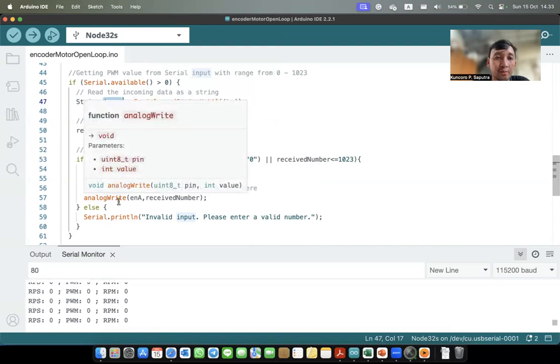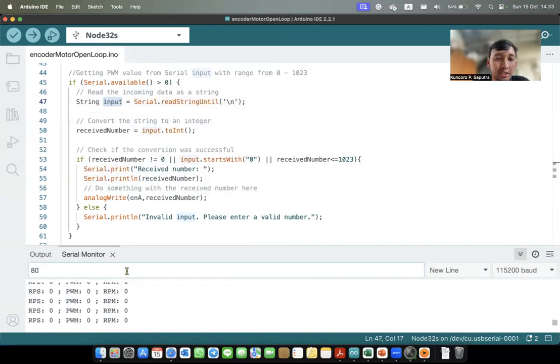Because when we input the data from the serial monitor, the data type is a string. So if we want to calculate the data as an integer, we should convert it to integer using this function toInt. Input is converted to integer.